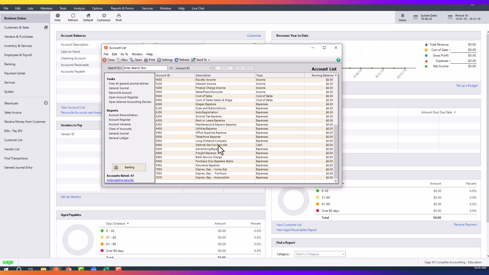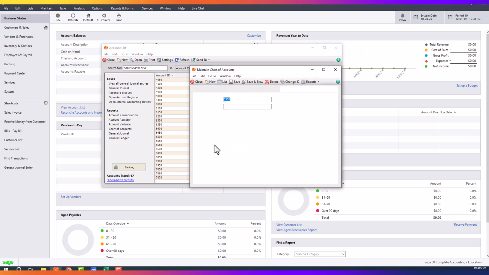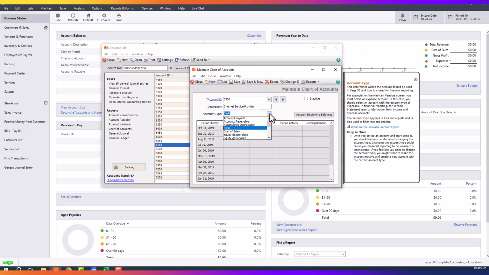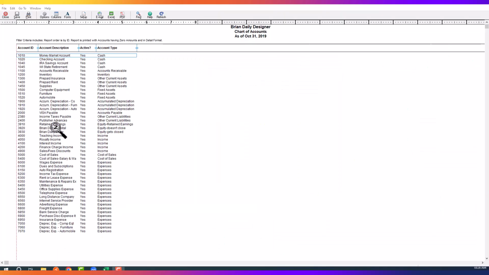The cash account should be an expense. I'm going to double click on it, and now I can make that edit. I can change the account type to expenses. And then I can save it. So now when I look back at my chart of accounts, I can see that it's changed over to the